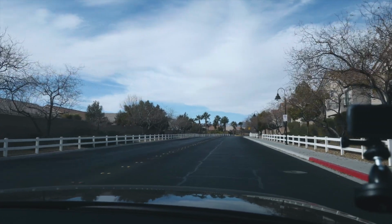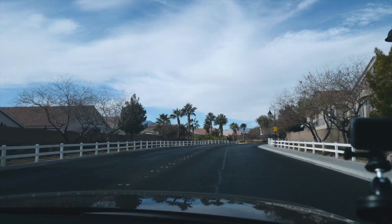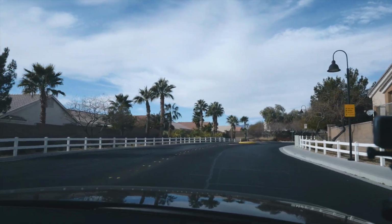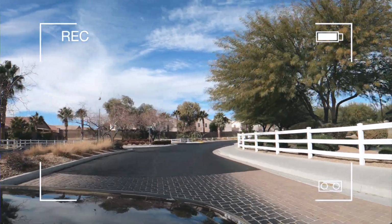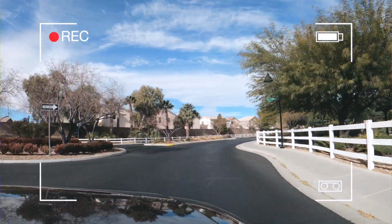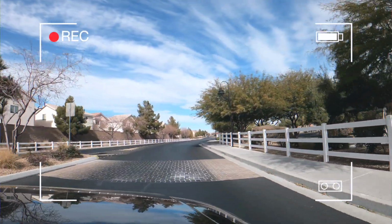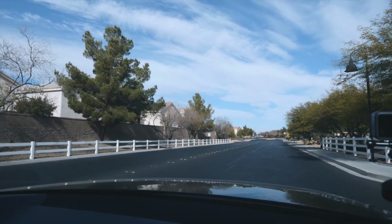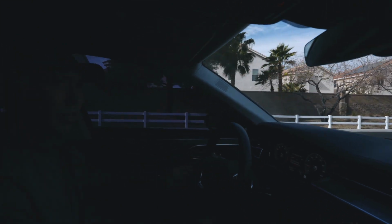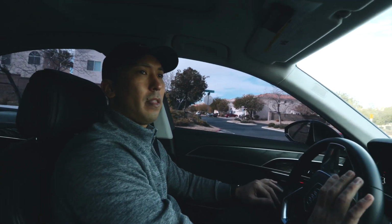We're coming in off of the Durango entrance, and you can see that this community is pretty well kept. Obviously in Las Vegas, it's super popular to have what we call desert landscaping. So that's gonna consist of a lot of rocks, a lot of bushes that don't necessarily require a lot of water, but not as green as maybe some parts of the country, if you guys are more accustomed to that. But here in Las Vegas, this is kind of our typical landscaping that you will see in most of the